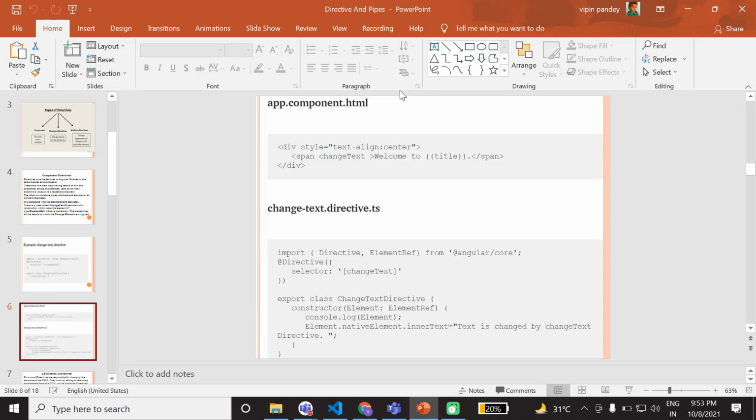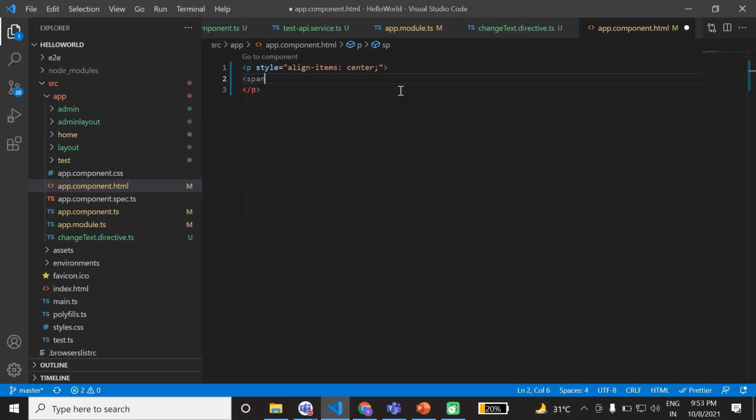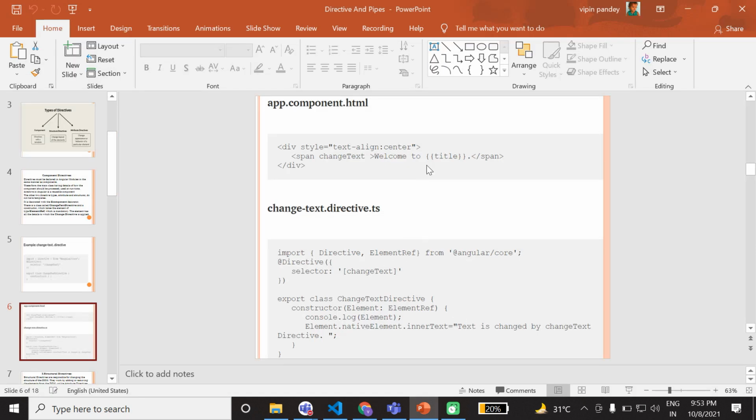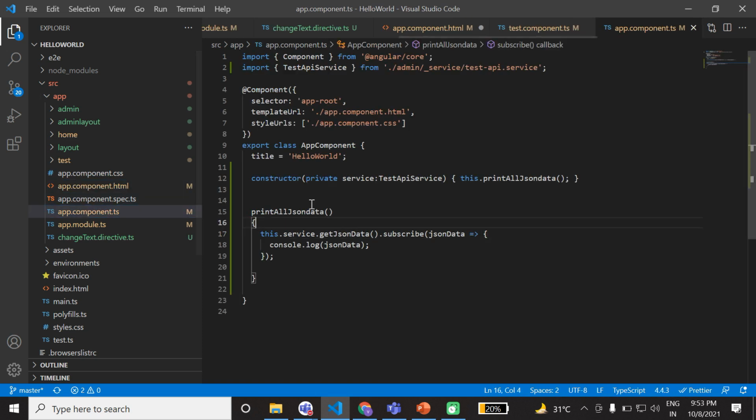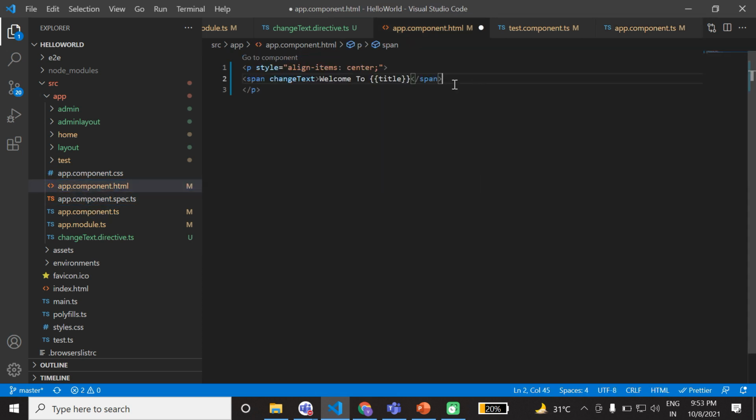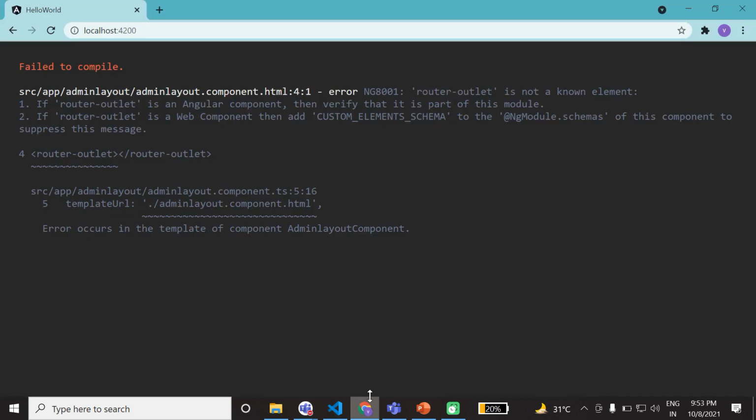Inside we are using a span, and inside we are using change text, and inside you can write welcome to, and using interpolation here, title, where we have a title inside the component file that is already created. So we can use title here.